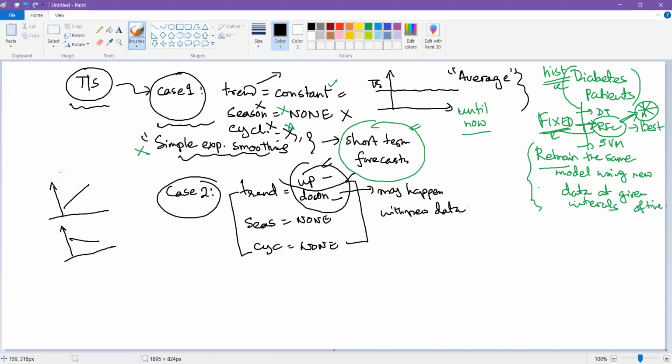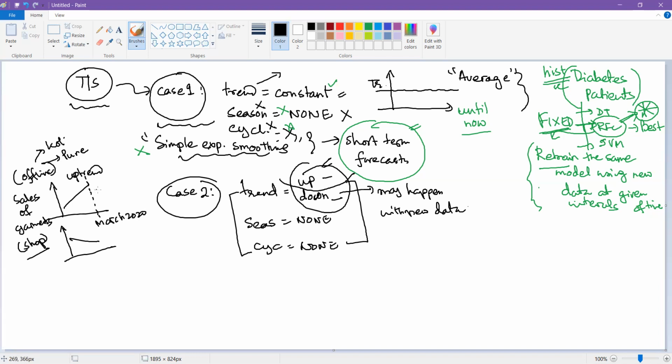For example, let's say we take this example of an uptrend in sales of, I don't know, garments. Okay, garments from my offline shop. I don't have any website here. This is my offline shop, let's say in Calcutta or in Pune, right? There was an uptrend until this point in time, and this is, let's say, March 2020.